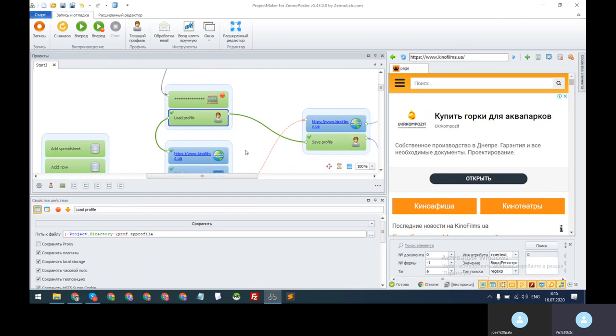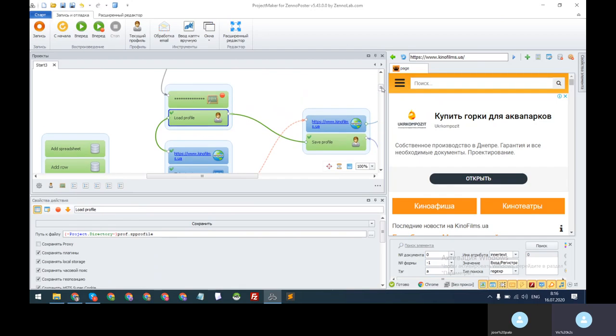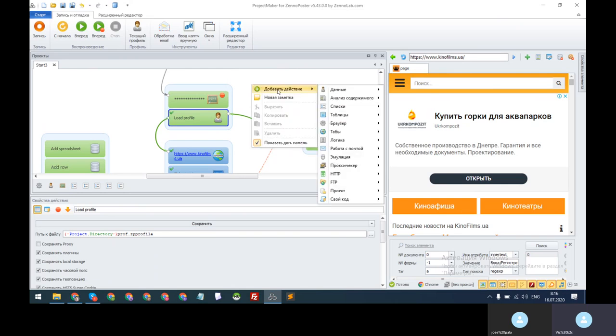But if there is an arrow, it is much more important than the block. If you connect some blocks or actions with an arrow, the arrow will be processed first, and only then will the actions in the block be executed. So arrows are more important than blocks. So as for the proxy, let's start from the beginning. Here's the add action, and here